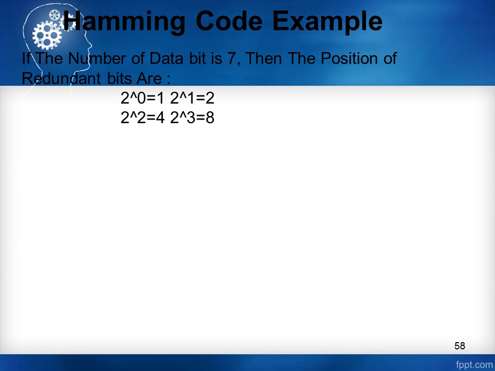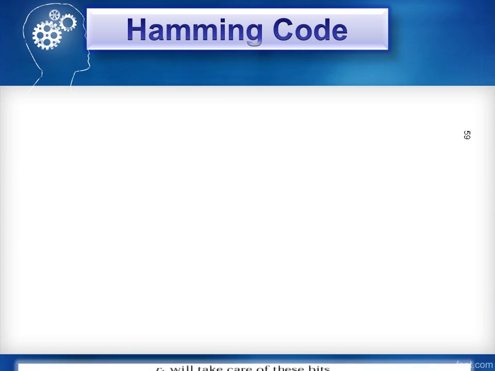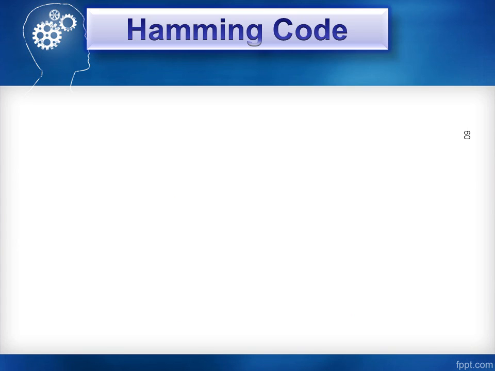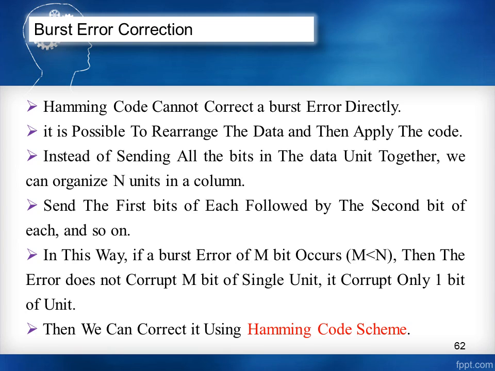If the number of data bits is 7, the positions of redundancy bits occupy 1, 2, 4 and 8. The remaining 3, 5, 6, 7 are occupied with the data bits 1001101, and we have added the Hamming code redundancy bits 1001 at positions 1, 2, 4, 8. Finally, we are going to receive the data, and the problem is the count can be based on